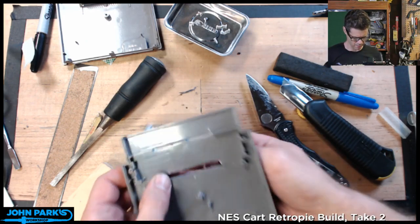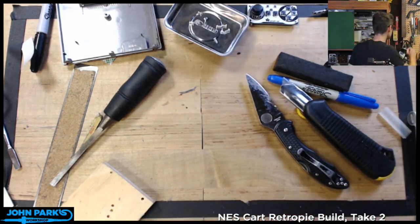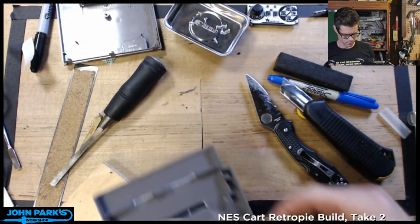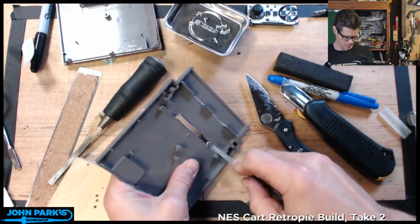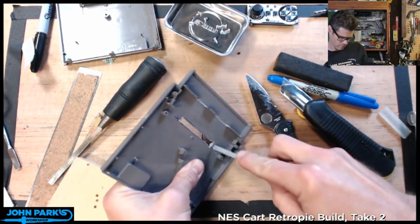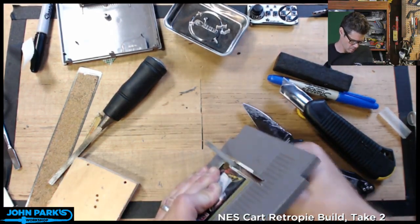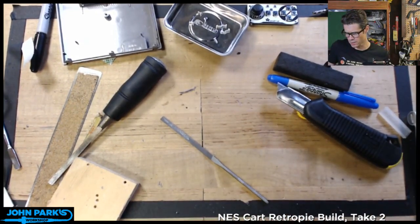It's pretty close, but yeah, I'm going to grab a little file. Did I put it away? I think I did. Here you go. A little jeweler's file. It just happens to be the right size for that exact operation. I don't want to fling blades everywhere, so let me...